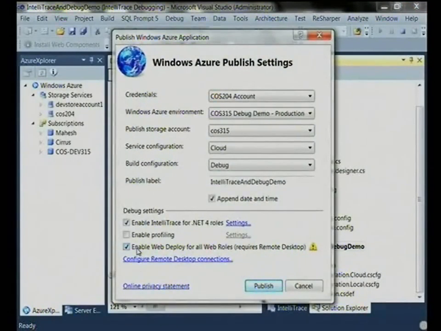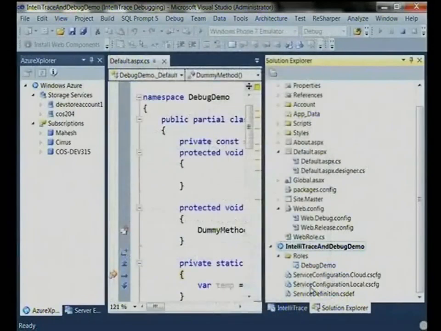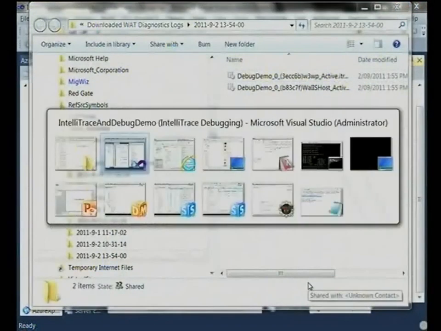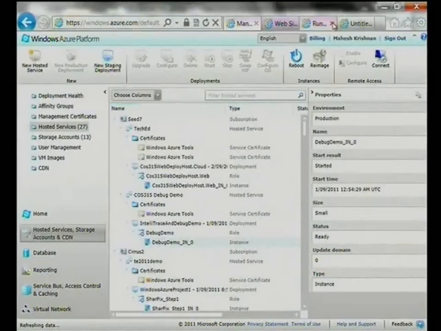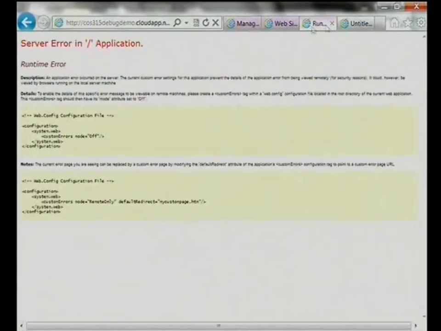make sure you check this box that says enable web deploy for all web roles. One of the things is that it requires remote desktop to enable this feature. What it does is when you do a web deploy, it'll remote desktop to that machine and basically update all your web application directly. So just to demonstrate how this works, you can actually do it in less than 30 seconds. So let me go back to my